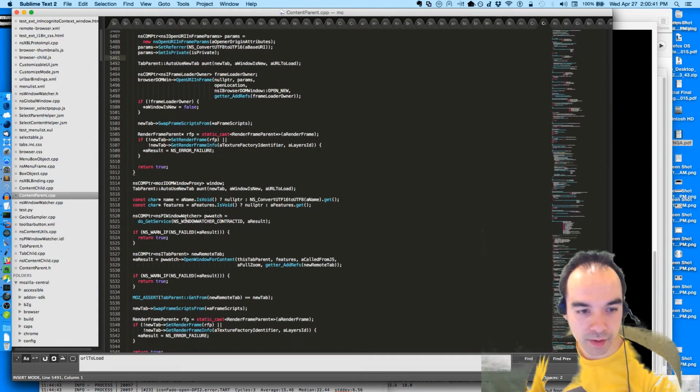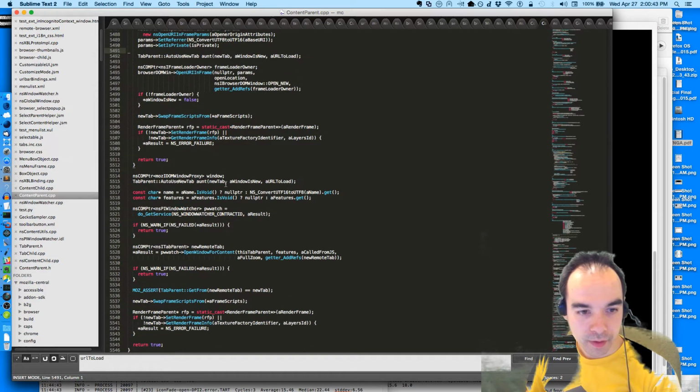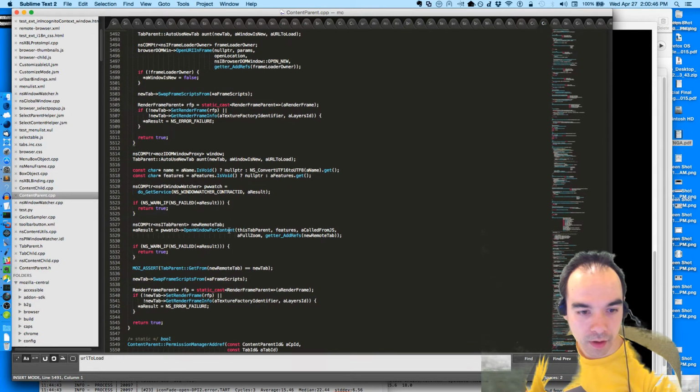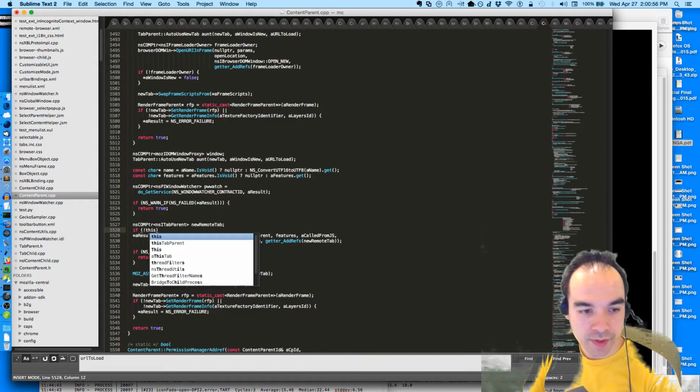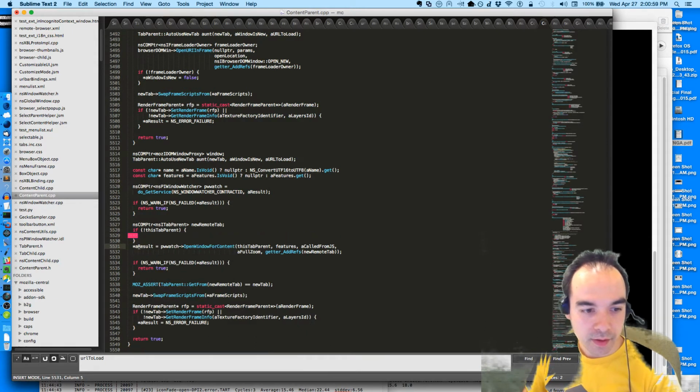That'd be down here. If no this tab parent, this is my super hacky way of doing this. Window watcher open window for headless content, and then pass it the getter add refs new remote tab. Else